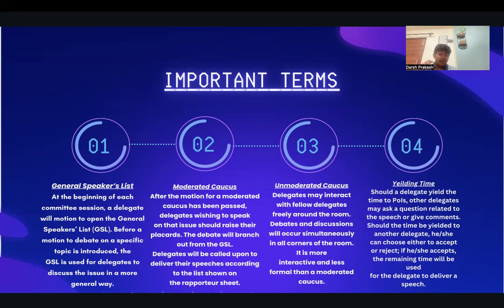Now what is GSL? This is a main question. GSL is basically the first round in which you need to deliver your speeches. In GSL, you would be allotted 90 seconds. 90 seconds is an individual speaker's time where every delegate would get 90 seconds to deliver his or her speech. In this, you need to add the policies of your countries and different programs that your country has launched to tackle the agenda on which you are discussing.